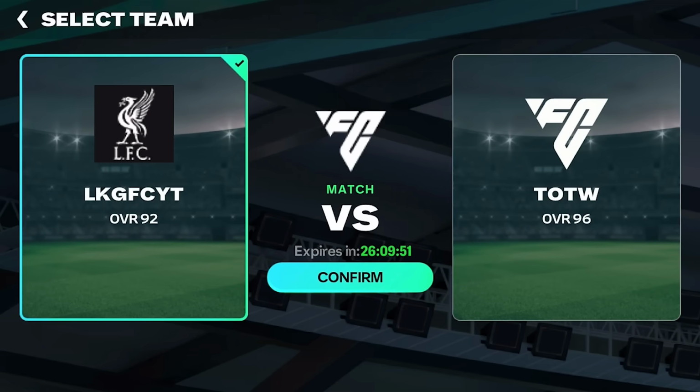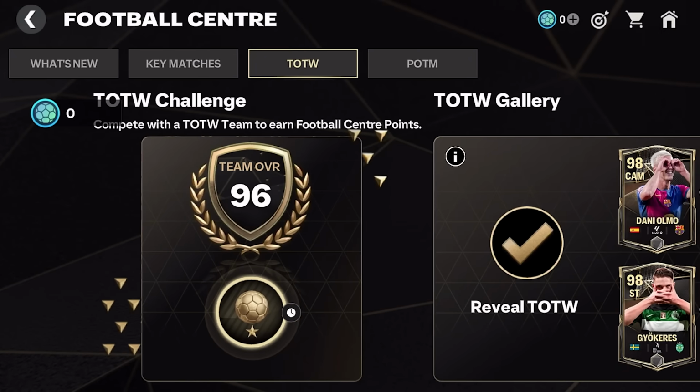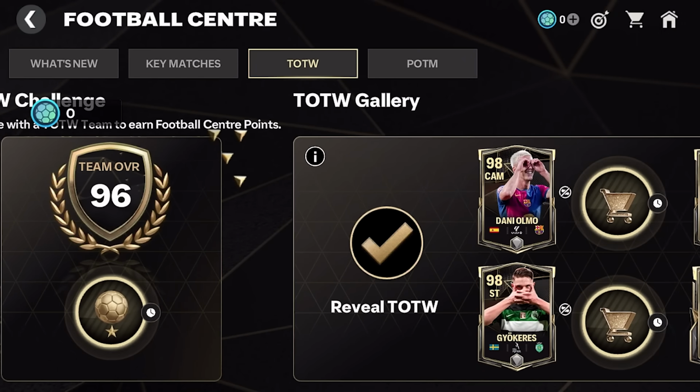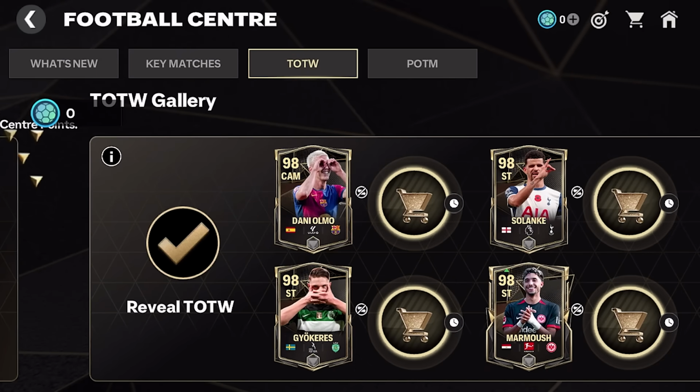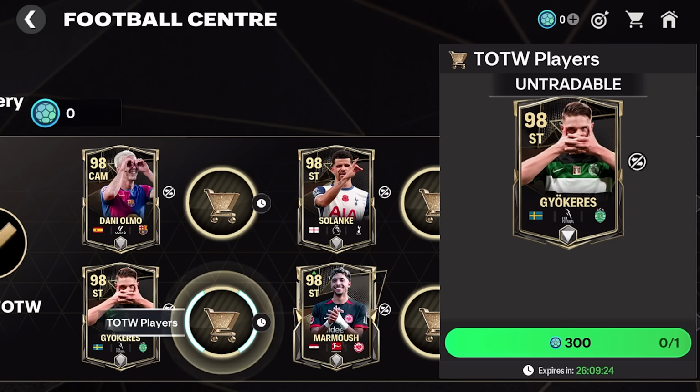Now, these matches can be hard to complete because in order to get the max amount of points, you have to play on World Class, which can be a little bit difficult, which is why I'm building up my team now before going into this. But once we complete all the matches, we will get 300 of these Football Center points, and with those 300 points, I'm going to buy arguably could be the best untradeable player that we have in the game right now,